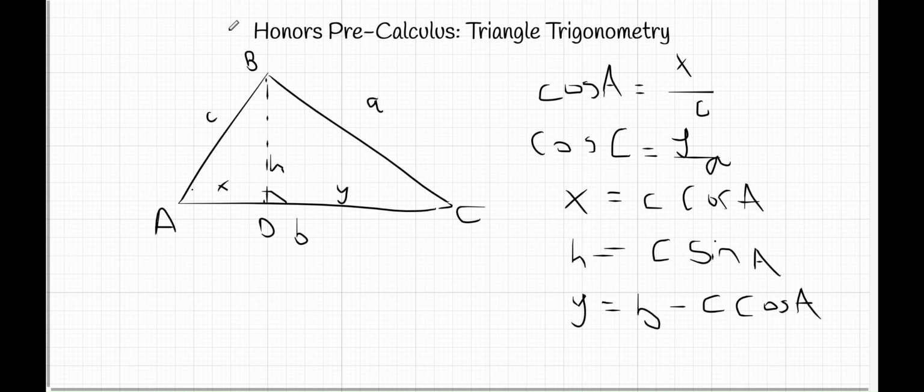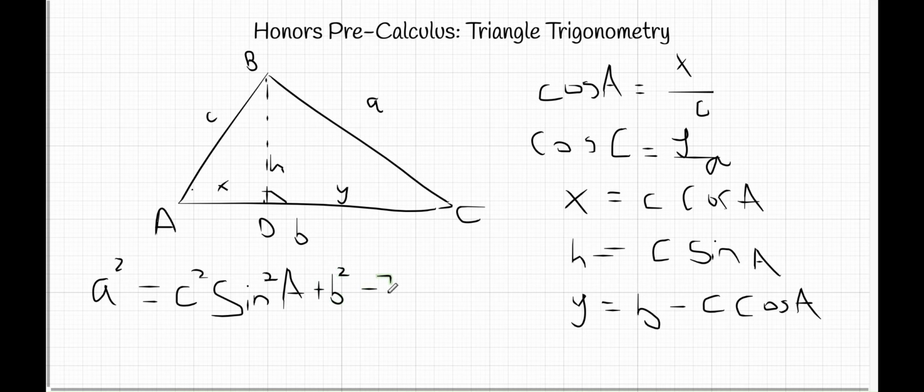Now we can do the same thing. We were thinking of doing c squared is equal to x squared plus h squared, but if we did that, we wouldn't get the formula. Instead, we do a squared is equal to h squared plus y squared. So a squared, and h, remember, is c sine a. Now you square that, and you get c squared times sine squared of a. And then we have to add y squared. So that'll be b squared